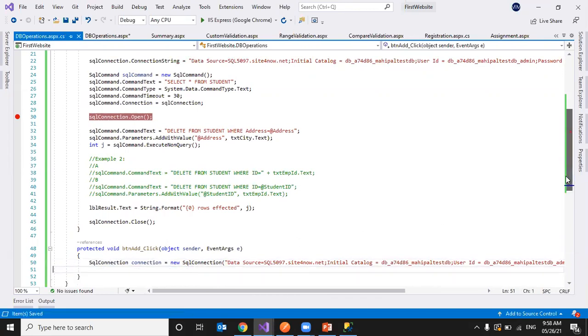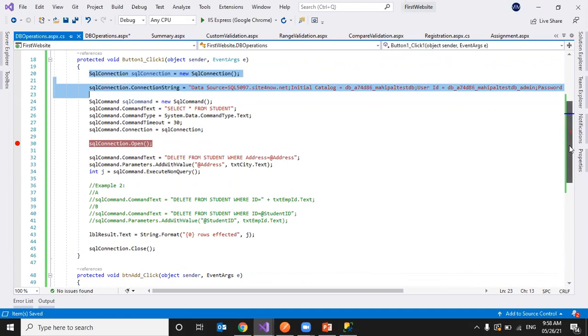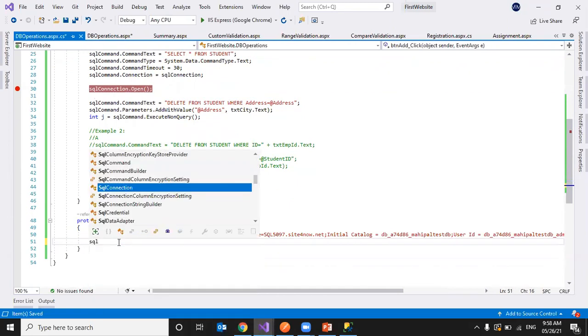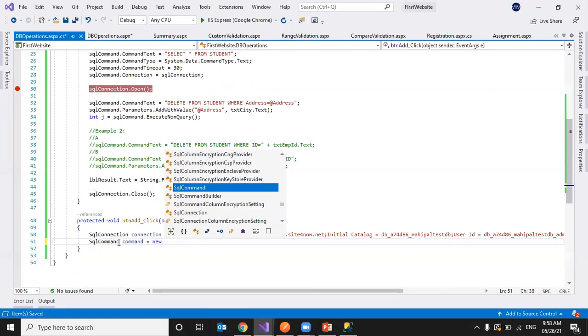So instead of writing 2 lines, I wrote it in 1 line: SqlConnection equal to new SqlConnection, passing the connection string. Now I'll take SqlCommand, SqlCommand equal to new SqlCommand.